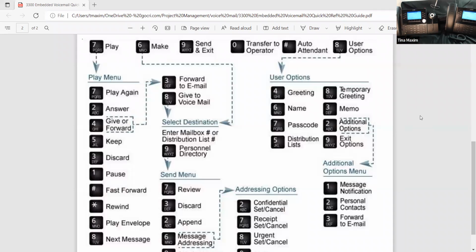So you see she's going to walk you through setting up your mailbox. You're not going to want to do this on speakerphone. You are going to want to do it with either a handset or a headset. You will come up with a passcode that you can remember. Then when you do your greeting, you're going to want to come up with something simple but professional